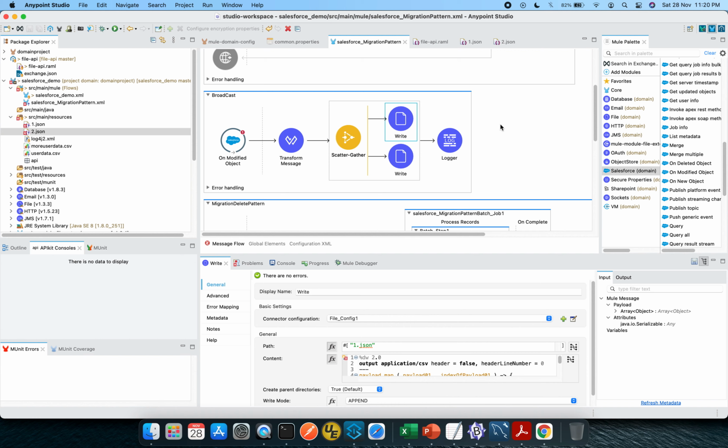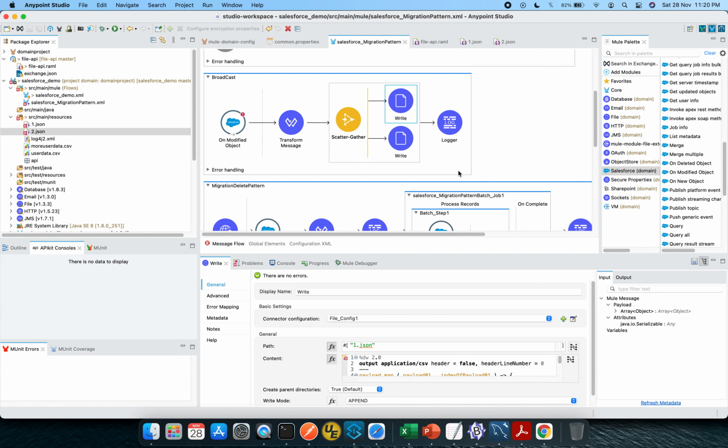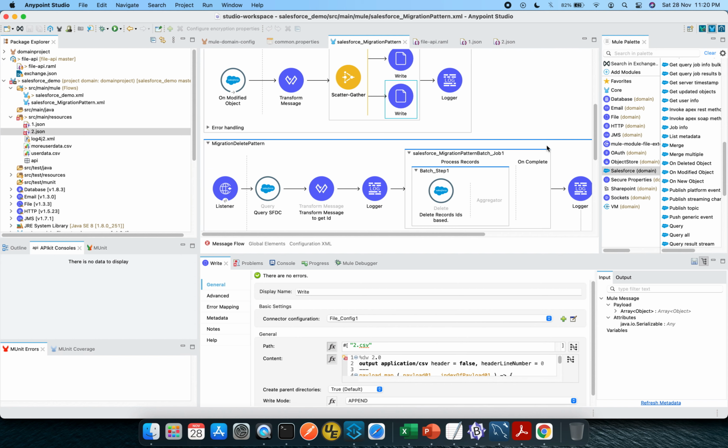So this write file is just for representation purposes. And one more thing, instead of JSON I should have written CSV, because this is the application CSV, right? So I will change it, and the git repo code will be CSV file based.